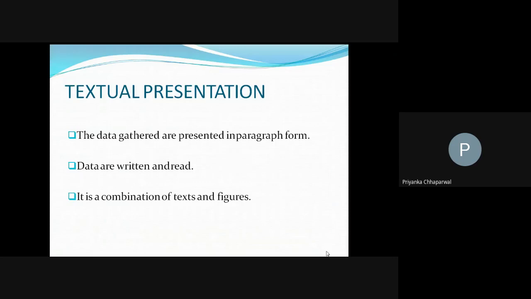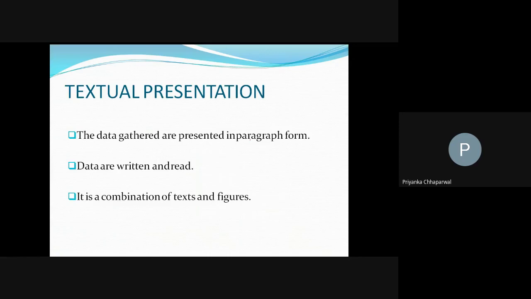So here we understand what the textual presentation of data is and how we can present it. In textual presentation, whatever data we write is written in a paragraph form, and we can read that paragraph. It is a combination of text and figures. Anything can be in this paragraph, so textual presentation is the combination of text and figures, and the data are presented